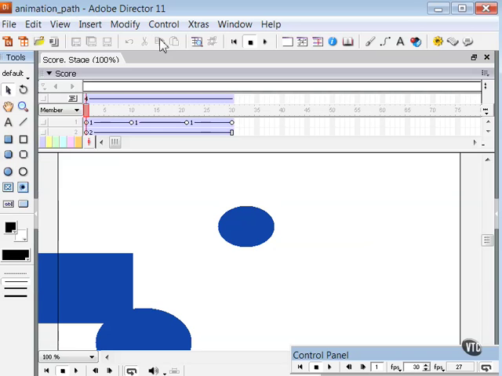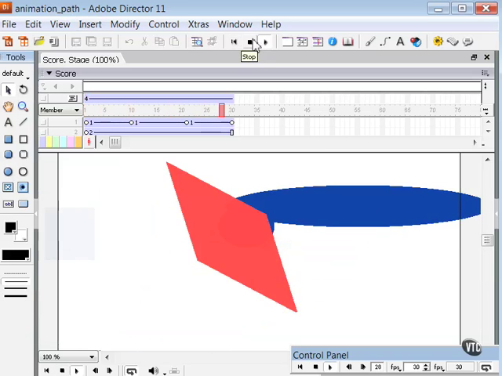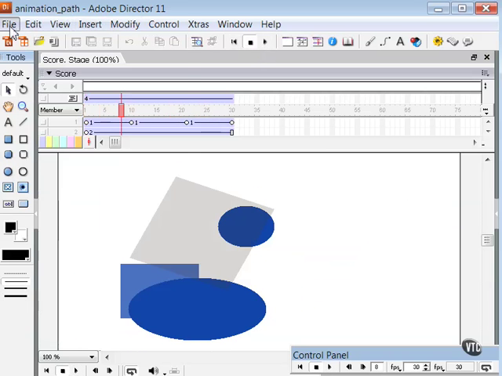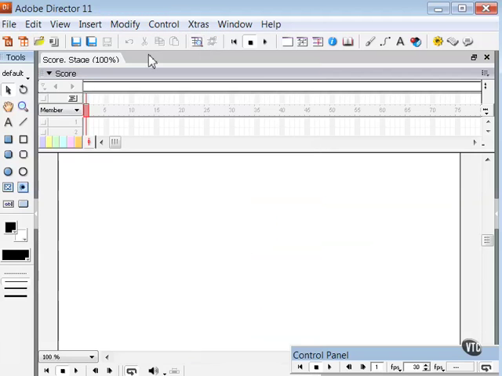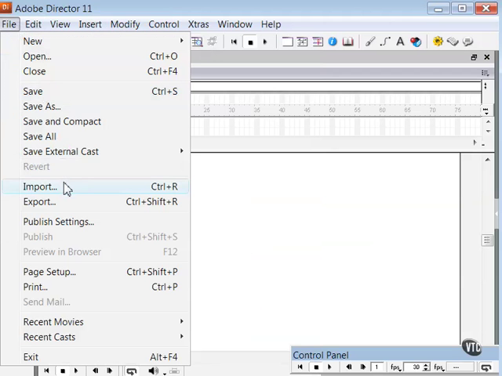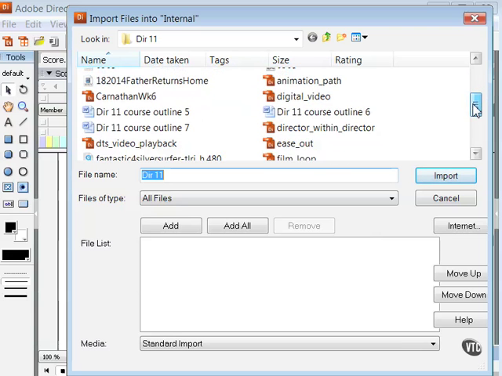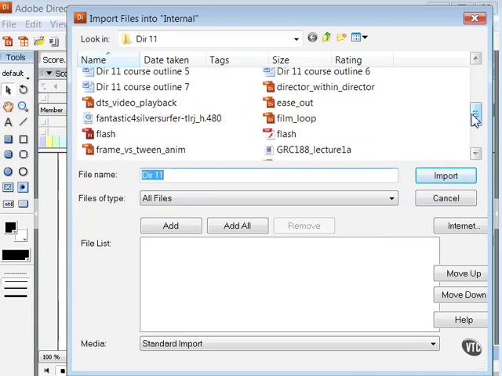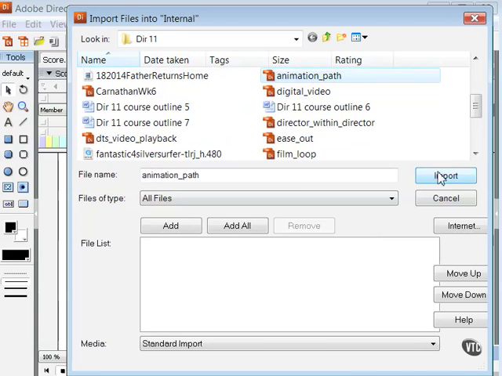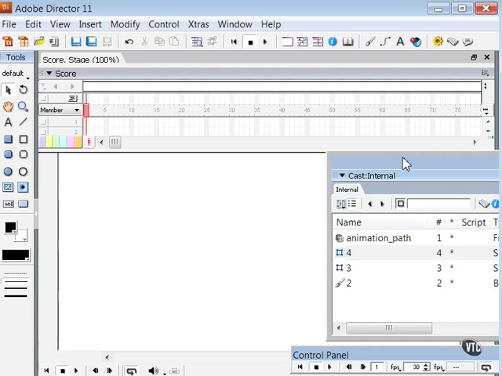As an example, notice I have a very simple 30-frame animation in this movie that's looping. This movie is called Animation Path. Let's go ahead and create a new Director movie. And let's import that entire Animation Path movie in my new movie. Here's the movie there, Animation Path. Let's import that. Now let's open up the cast window here at the bottom and drag that onto